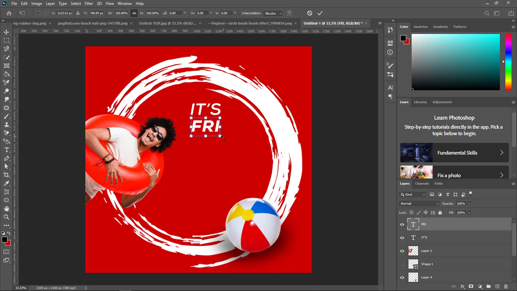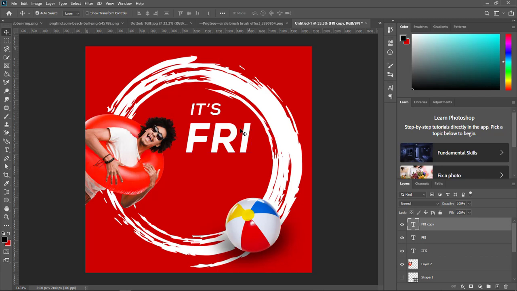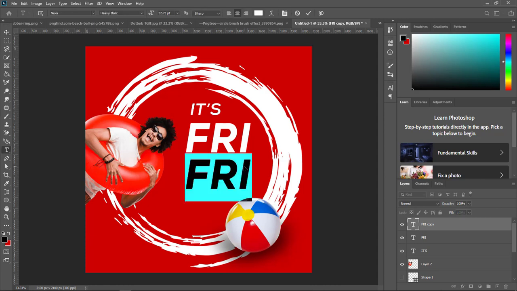Ctrl T. Want it to be a little bit distorted, so then Ctrl J again to make a copy, bring it down, and then